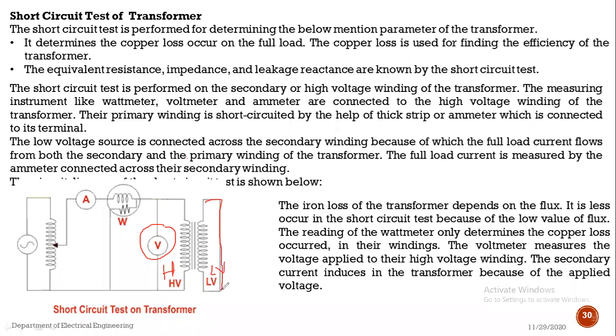म्हणजे फॉर एक्झाम्पल आय हॅव गिवन एक्झाम्पल 66/132, दॅट मीन्स 66 kV जी लाईन असेल ती शॉर्ट सर्किट करायची, 132 kV ला हे इक्विपमेंट कनेक्ट करायचे. So it can be conducted on the high voltage winding. Short circuit test can be conducted on the high voltage winding. So this is related to the short circuit test, and by performing this test, after observation we are able to give the readings like VSC, short circuit voltage, ISC, that is short circuit current, and WSC, or we are writing here PCU, that is copper loss.